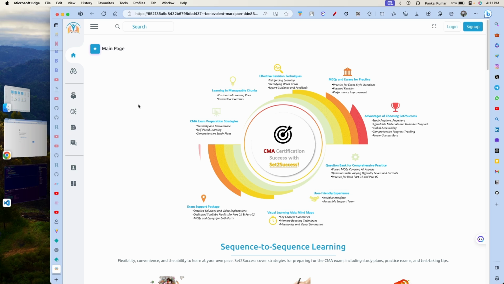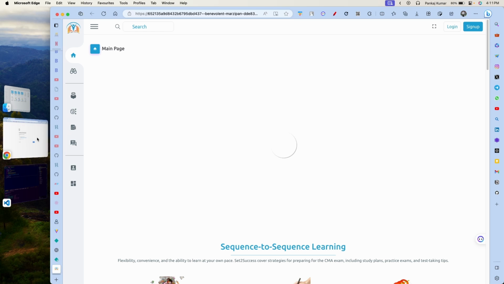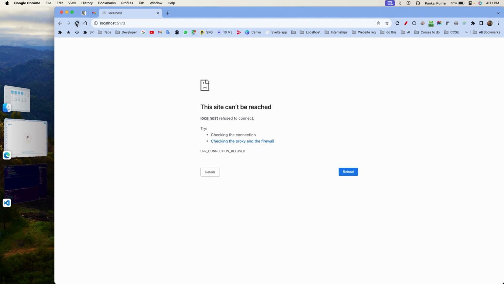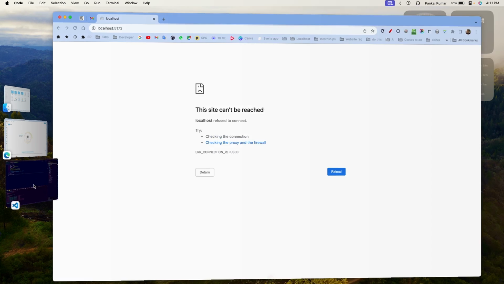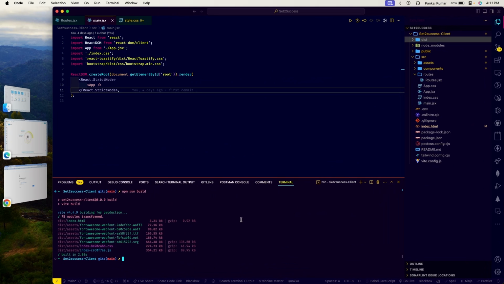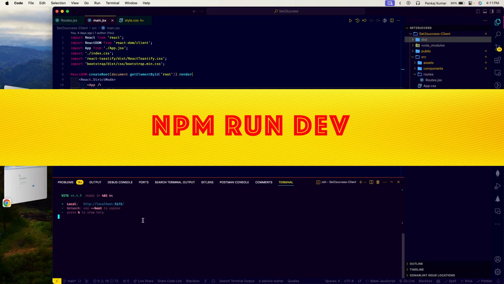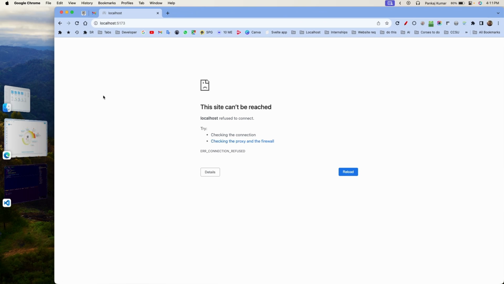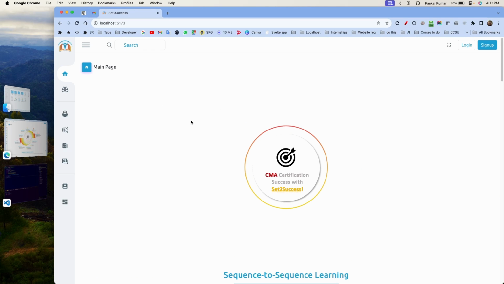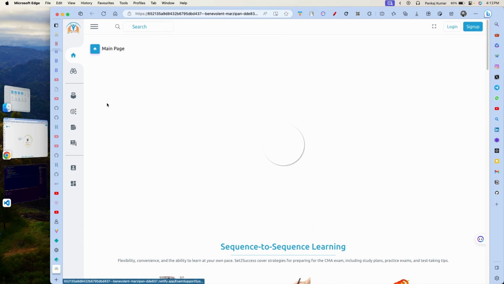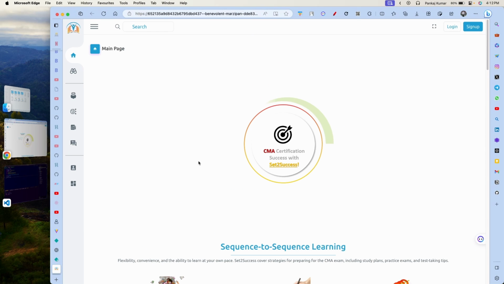Now let me show you my project on localhost. Is it looking the same or anything different in it? So here is my localhost URL which is currently not working. So let's make it work. Just open your terminal and type npm run dev and hit enter. It will start your Vite app on localhost. So let me go back to my browser and refresh this web page, and here you can see it is looking exactly like the hosted website. Right here you can see everything looks the same.